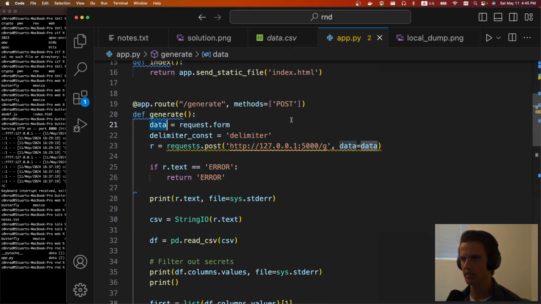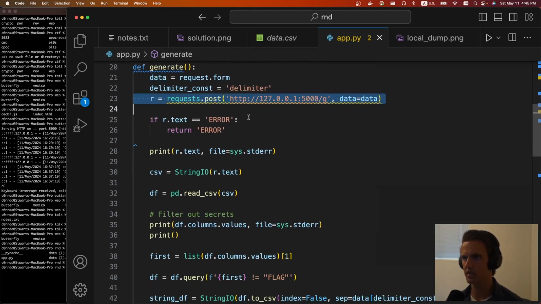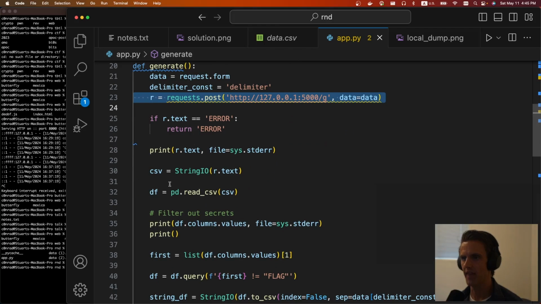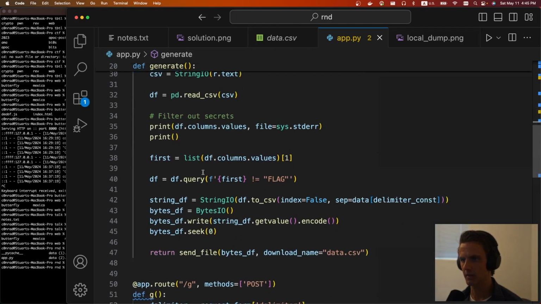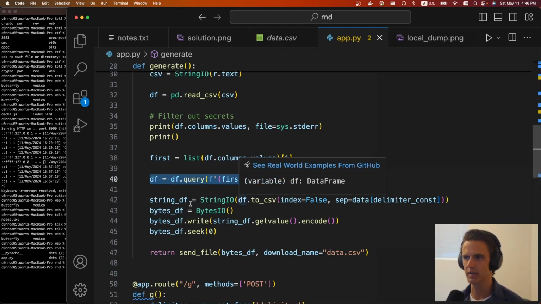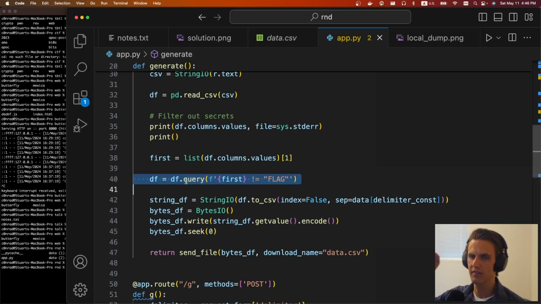We get to pass it this form. Like I said, it's going to make a request to the backend. And then after that, these are my print statements. It is going to grab, so this is the data frame column values. So there's the 0th column and the 1st column. And then it's going to filter through our data frame. So just the pandas data frame, and look if any of them are equal to flag, it is going to